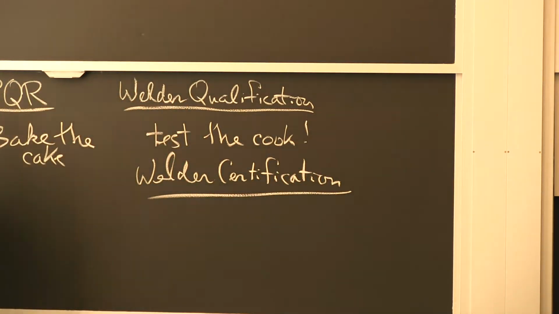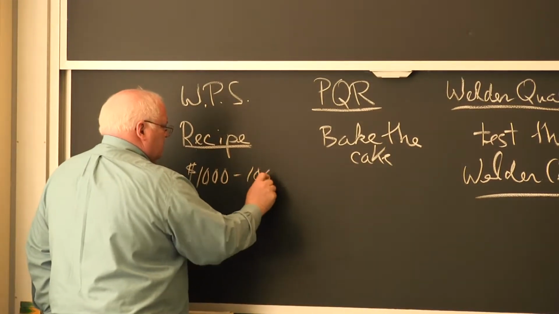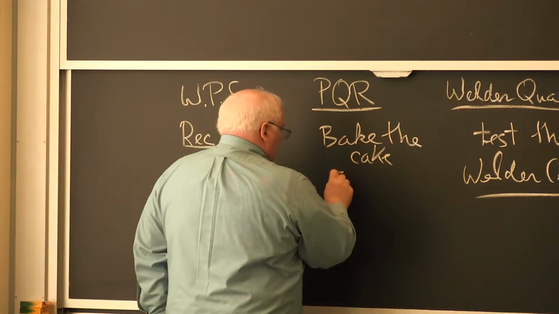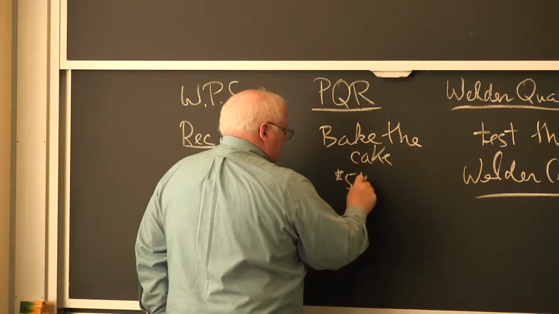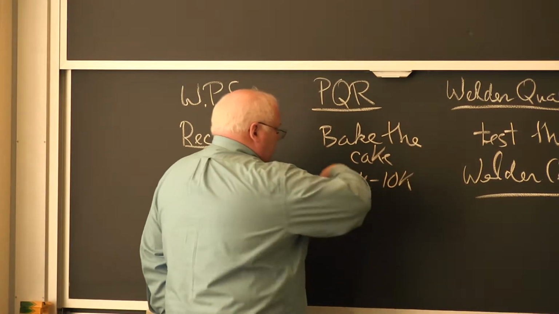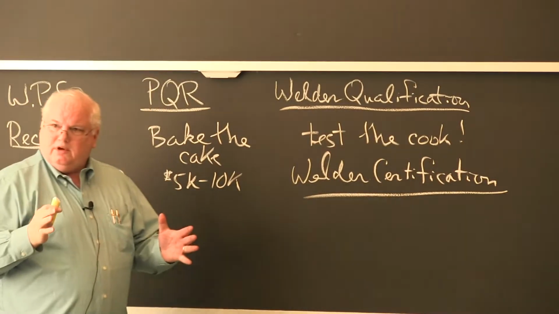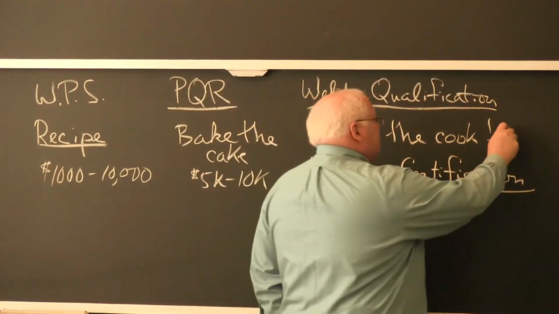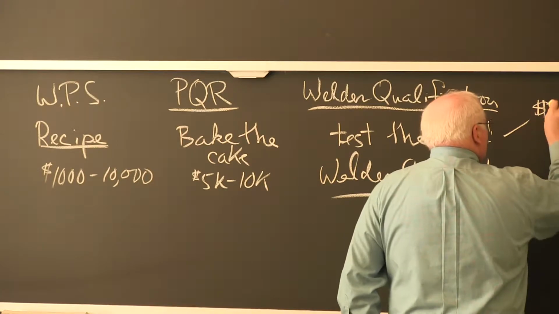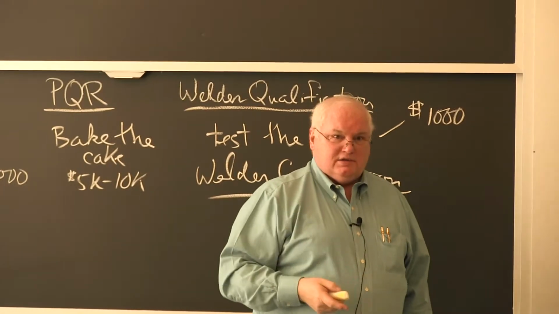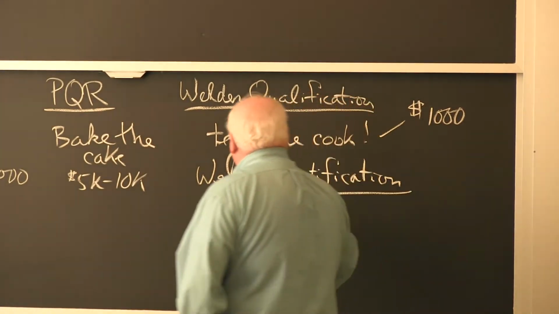So back in the old days, the recipe could cost you anywhere from $1,000 to $2,000 to $10,000, let's say, to have some welding engineer write up the recipe. Procedure qualification record might cost $5,000 to $10,000 to make the weld, do all the tests, and show that it's good. And this is just on a little test plate. And then the welder qualification, every single welder, it typically would cost about $1,000 to have him make the weld and have it tested. Well, welder certification